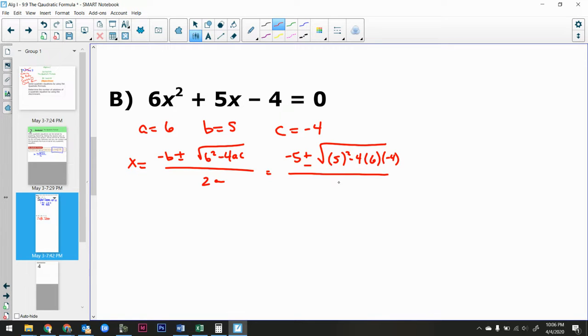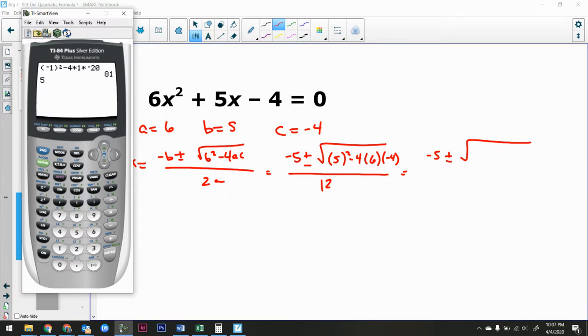All divided by 2 times a, which is 6. So 2 times 6, which is 12. All right, -5 plus or minus, go inside the square root, start here. So I'm going to plug all that in. You get 5 squared minus 4 times 6 times -4,